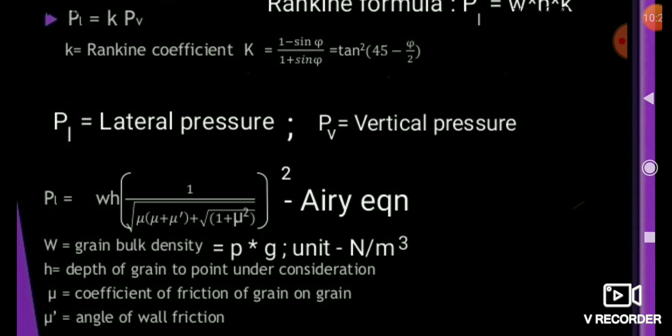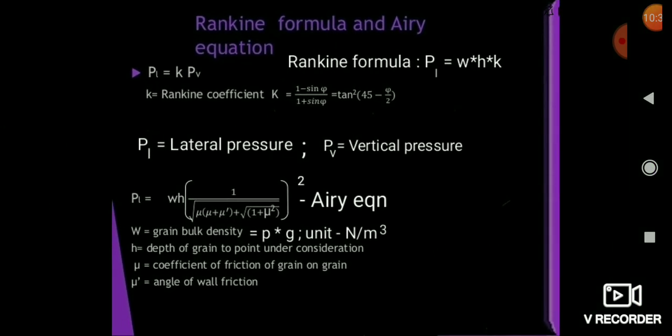That is intermolecular friction. That is not the friction between grain to wall. And mu dash value is the friction between grain and wall. Friends, you remember these both things. You can't be confused about what is the difference between grain to grain friction and wall to wall friction. I think all of you have studied cohesion and adhesion. Cohesion is the forces acting between similar particles. Means here the friction between grain to grain is the cohesive friction,